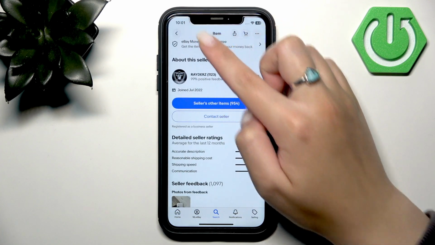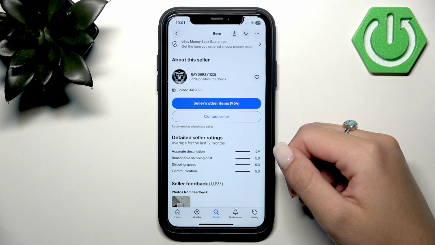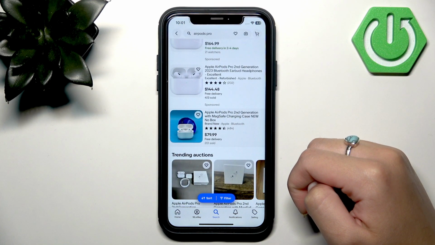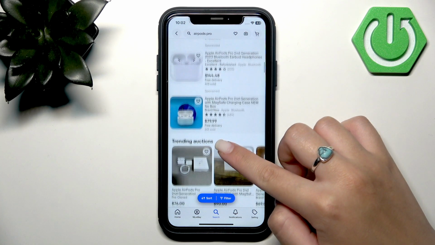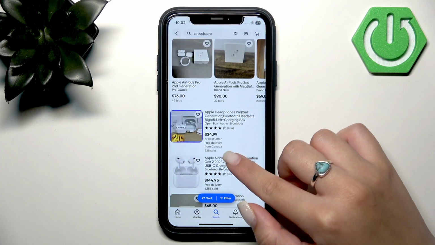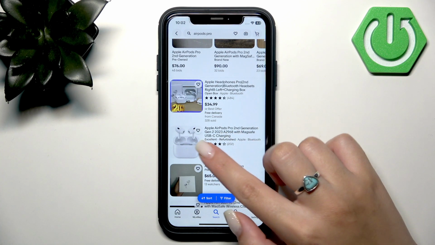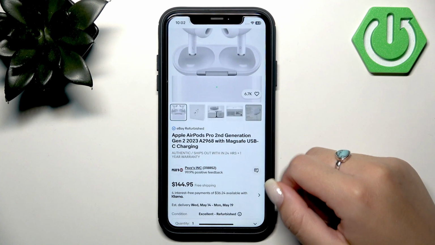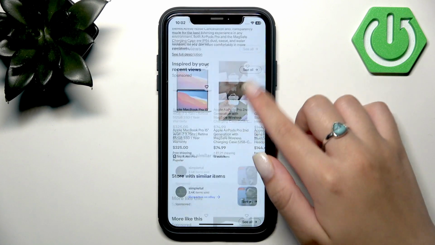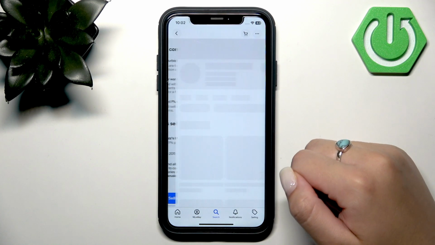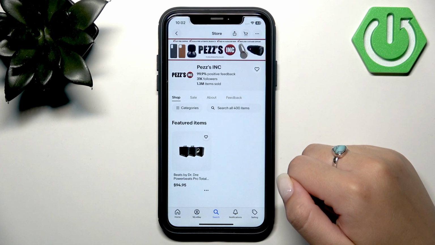So basically, to compare with another seller, go back to the search results and tap on a different listing for the same item. So this was AirPods 2 second generation, and for example this one AirPods 2 second generation, and repeat the same process. Scroll down to the section about this seller, go to their profile and check their ratings and reviews,